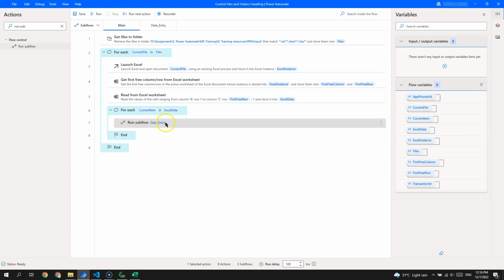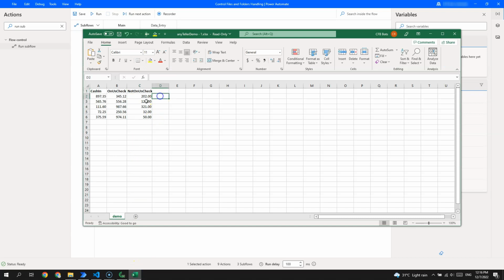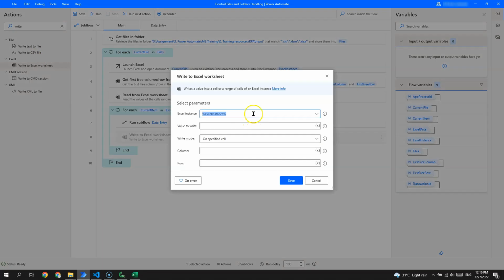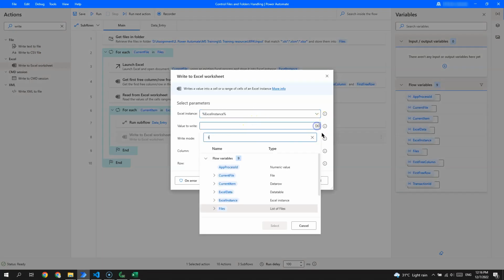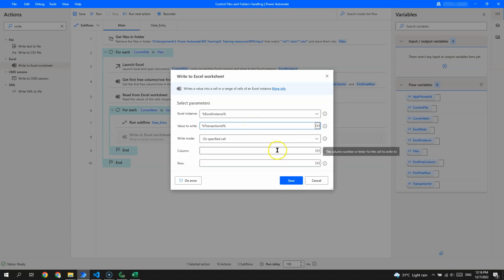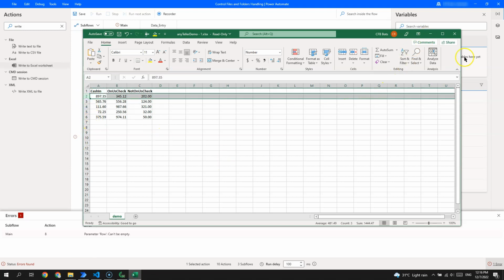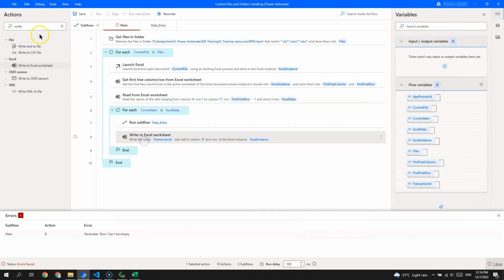Okay, so after I perform the data entry, I need to update my Excel, right? So it will be column D, Excel row 2. If I were to use write to Excel worksheet, value to write is my transaction ID, and column D at which row. For now, we don't know at which row, right? We need the counter because this one will start from 2, 3, 4, 5, 6, and the number may increase. So we're going to create